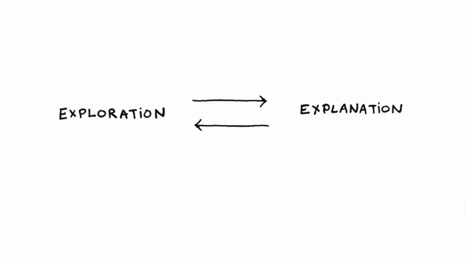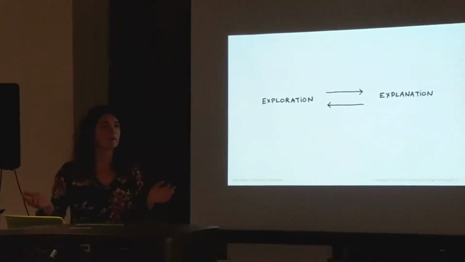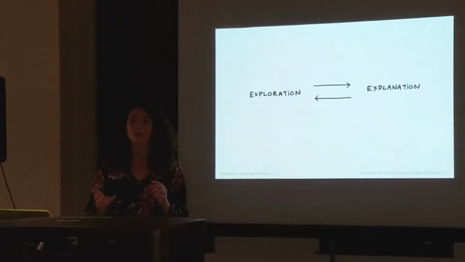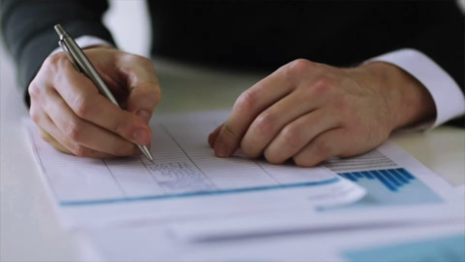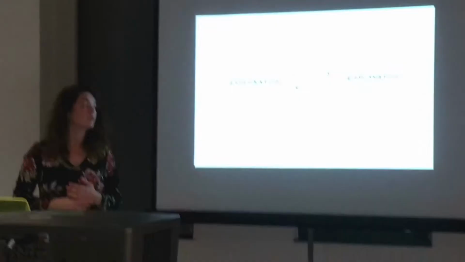One of the big projects that I've been working on is with MassMutual Life Insurance, and we have this huge data set, 2.5 million people by around 600 variables. That includes demographic information, like their age and their gender, and it also contains lab values, so what their blood pressure was, their height and weight, their cholesterol, urinalysis, a lot of different blood tests, things like that.